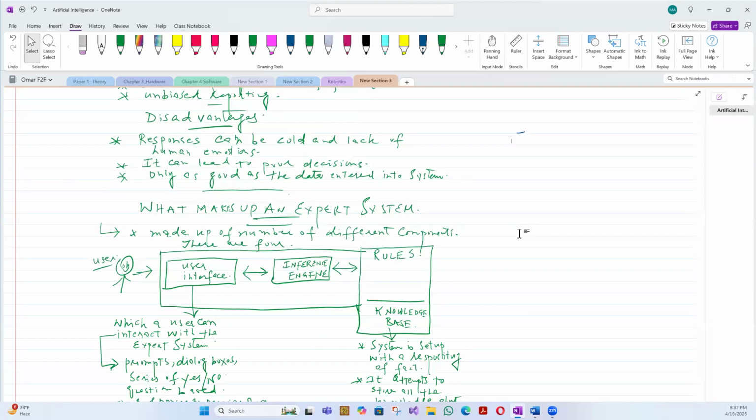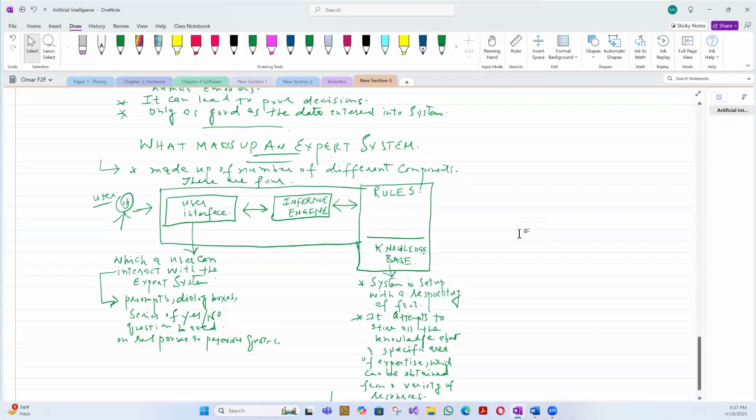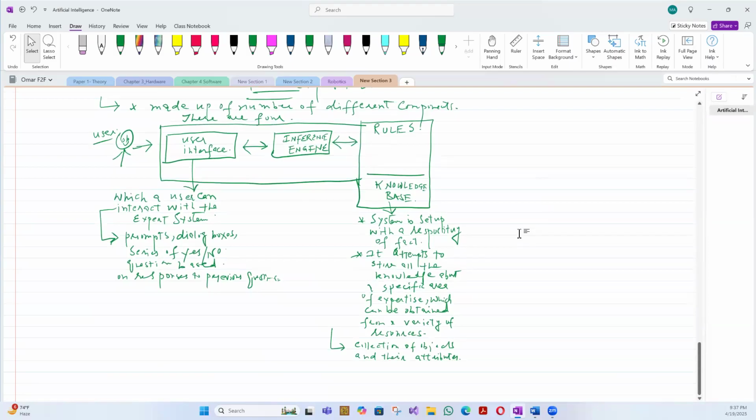We spoke about the parts of the expert system, user interface. It's an interface through which we can interact with the expert system, and a user interface that prompts different types of messages, dialog boxes, a series of questions, yes, no, kind of Boolean type,